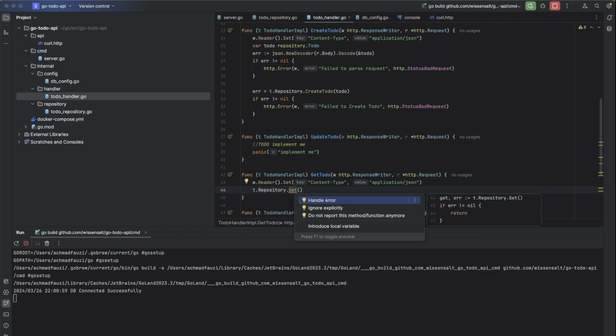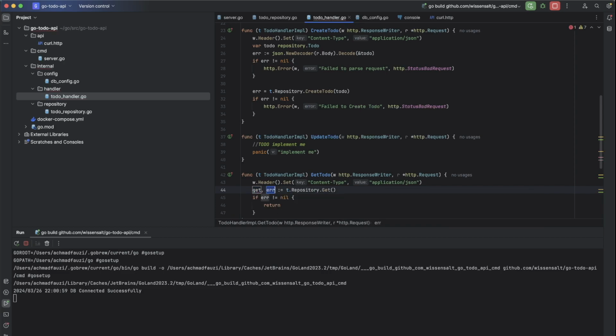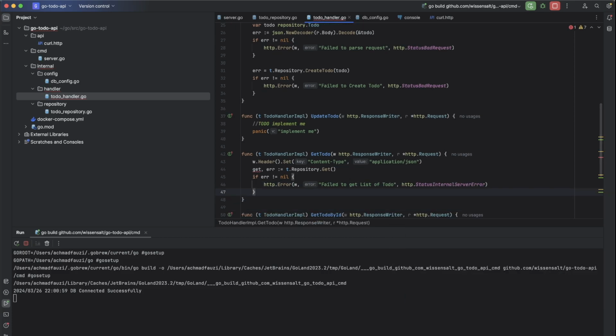If there is any error, we will return http.error writer failed to get list of to do with http internal server error.